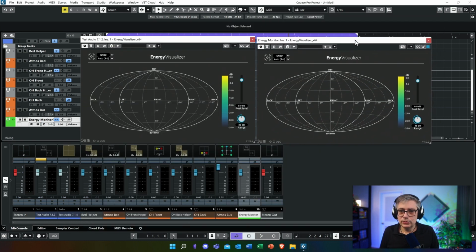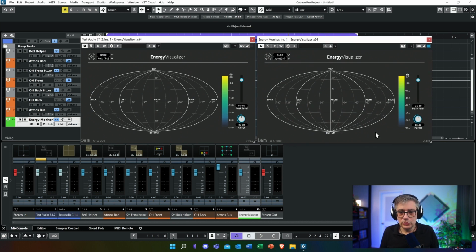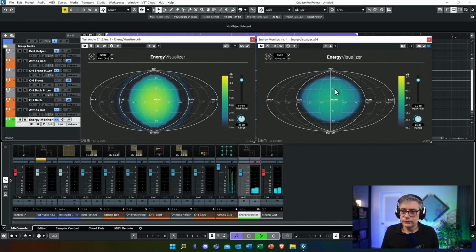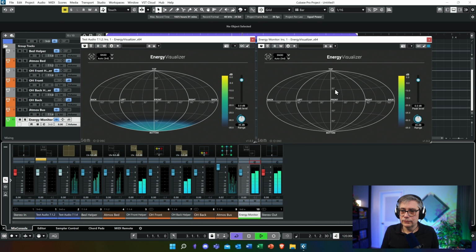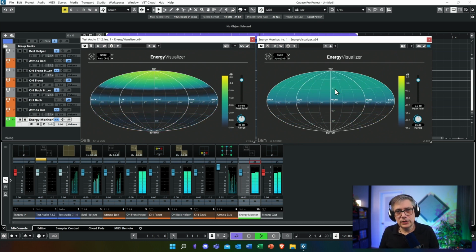That is the output. So once again, this is the input, and this is the output after converting it the way we did: by turning it into a 7.1.4, taking the first 8 channels and routing them into the bed, and taking the last 4 channels and routing them into individual objects. Let's see how that looks. And as you can see, I now have a much smoother